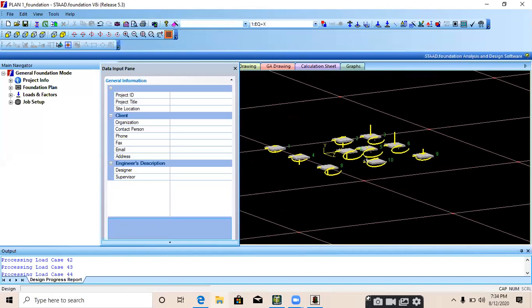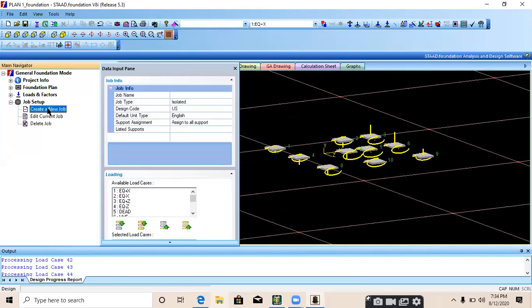Now we are providing the input data. For that, just go to job setup over here, click on that plus icon and go to create a new job. When you click on create a new job, a new window will open, the data input pane. You need to provide a job name.